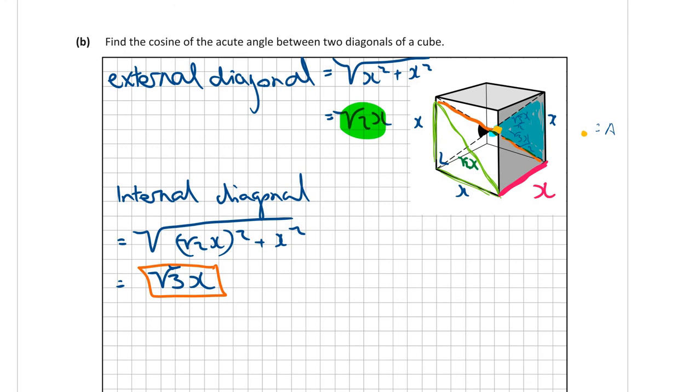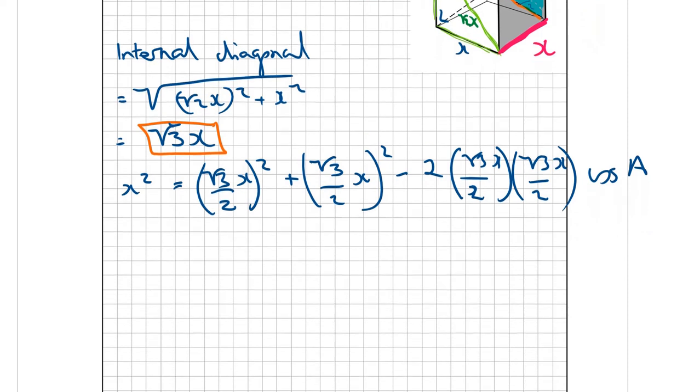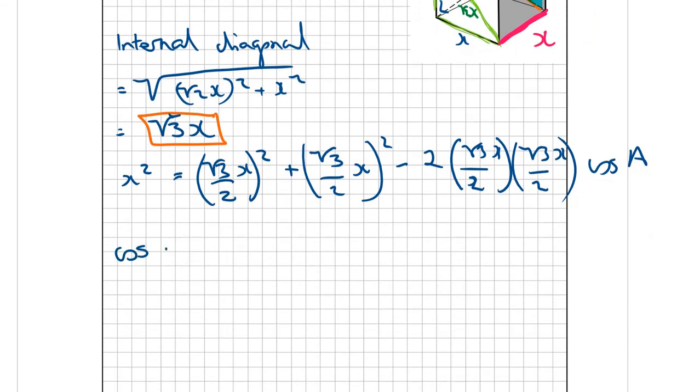The side opposite the angle, which is x squared, is equal to the sum of the other two sides squared, so that's (root 3 over 2 x) squared plus the other side, which is the same, (root 3 over 2 x) squared, minus twice the sides multiplied by each other, root 3 x over 2 times root 3 x over 2 times cos of the angle A. And we need to just rearrange that for A. So therefore, cos A is equal to